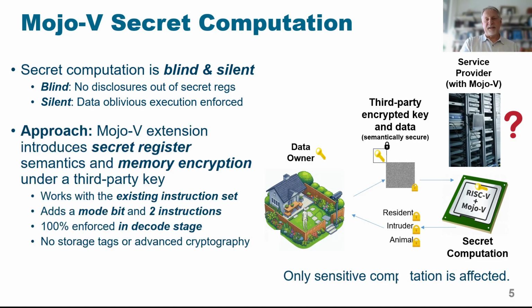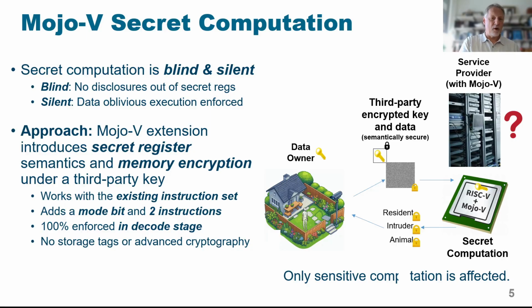Well, the approach we're going to use to implement this is we're going to introduce these secret registers into RISC-V, basically take over a few of the registers at the bottom of the register file, 4 on the integer and 4 on the floating point register file, and we'll introduce those semantics into the